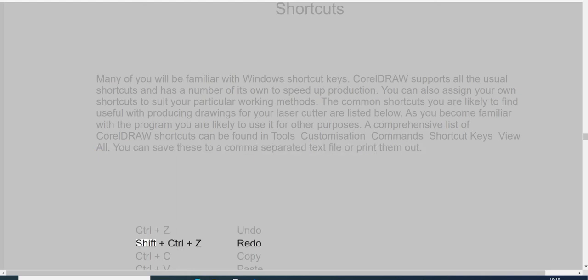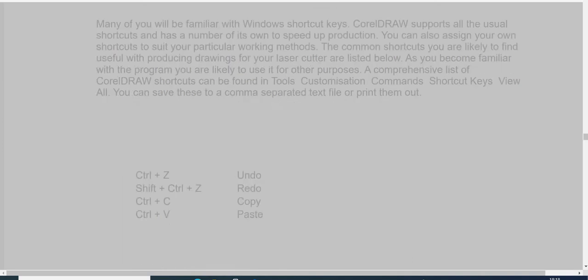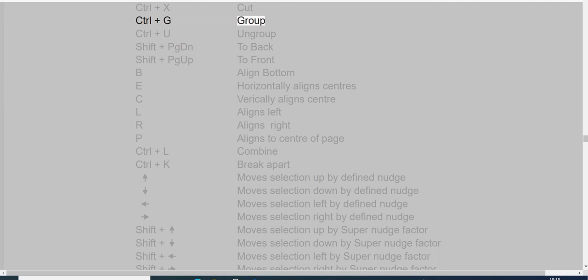Ctrl plus Z undo, Shift plus Ctrl plus Z redo, Ctrl plus C copy, Ctrl plus V paste, Ctrl plus X cut, Ctrl plus G group, Ctrl plus U ungroup, Shift plus PgDn end to back, Shift plus PgUp to front, B align bottom, E horizontally align center, C vertically align center, L aligns left, R aligns right, P